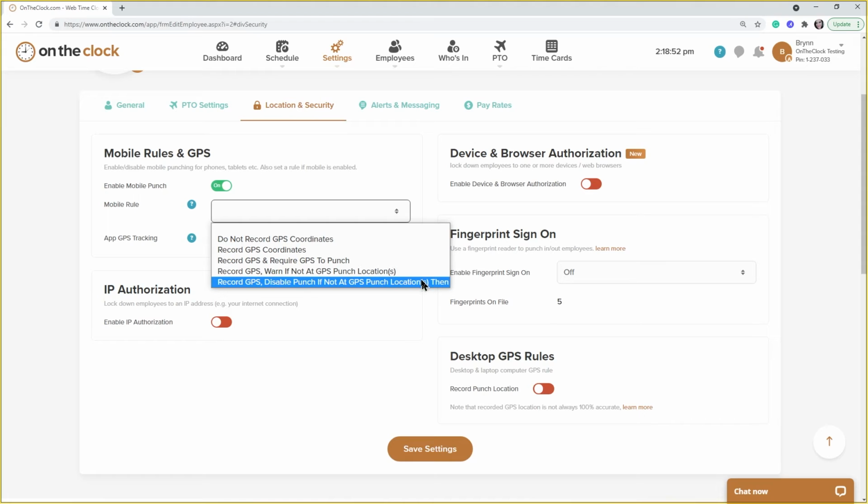So the difference between both of these is warn is if the employee is outside of that allowed punching perimeter, a warning is going to display to them telling them that they are not in the approved punching perimeter and they will need to get to one. If they want to proceed, they can do so. Otherwise, an alert will be sent out to the admin or manager alerting them that the employee did punch outside